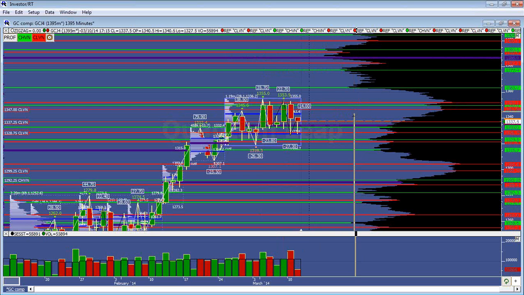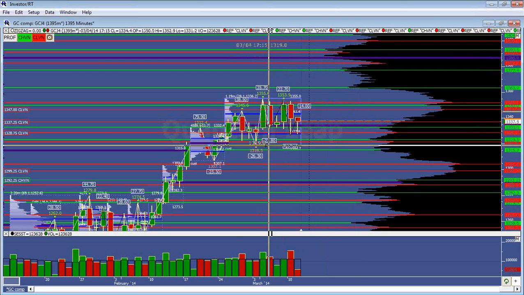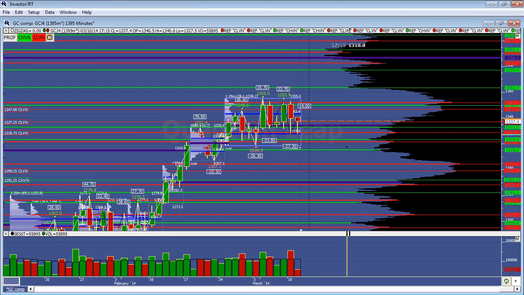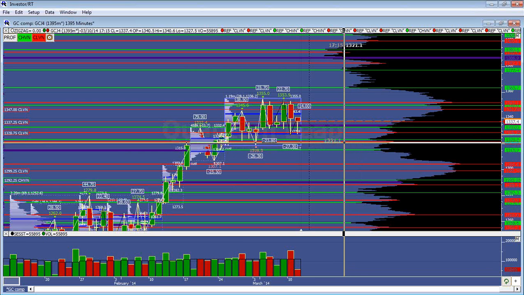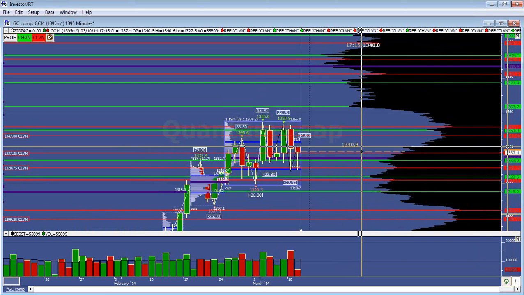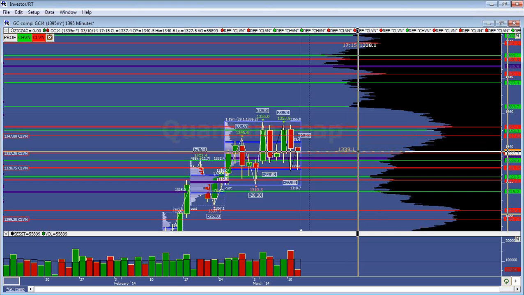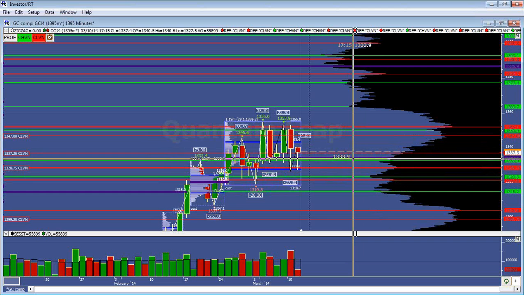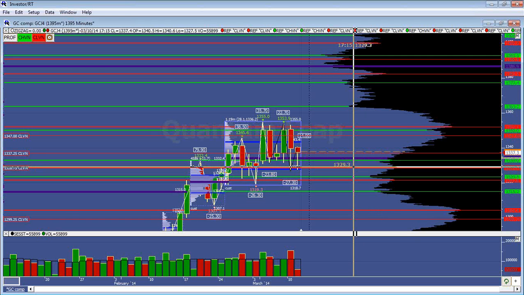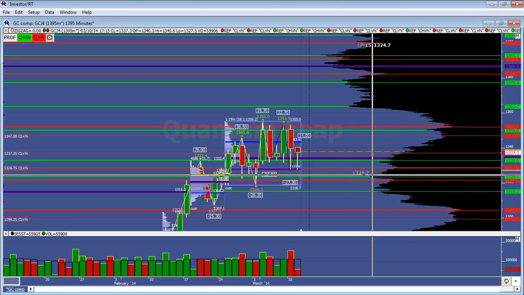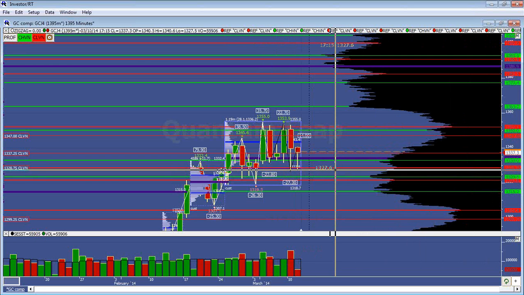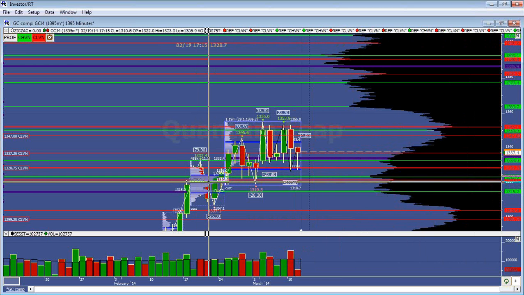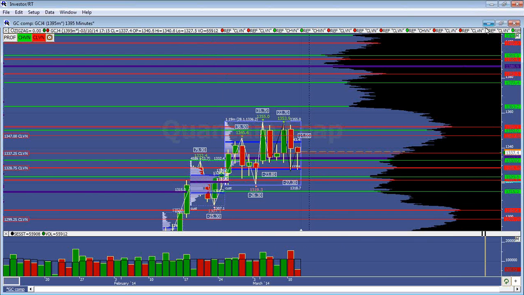If they can't get above this 47, I'm looking for continued chop, but they're likely going to have to come down and test the balance that they broke out of in around this 1321, which is this minor CLVN. So below us, if they fail to get back above and hold above the 37, look for the return to the VPOC at 34.40 with a test of 28.75, the other side of balance in that CLVN, and also the value area lows right there. And if they break that, look for them to come down to this 1321, 1322 area. So that's what I'm looking at gold.